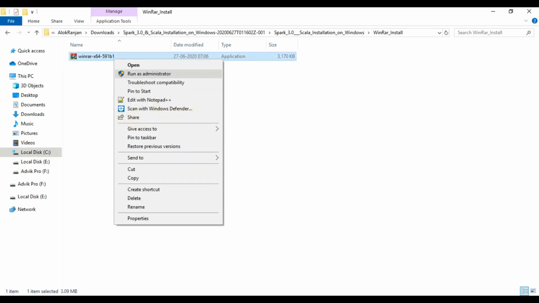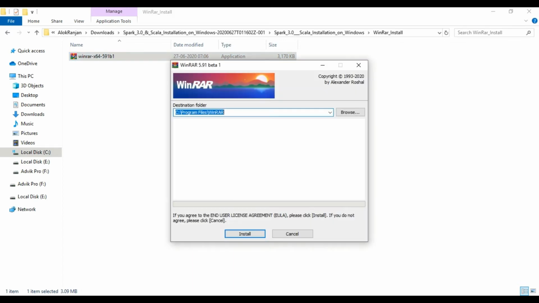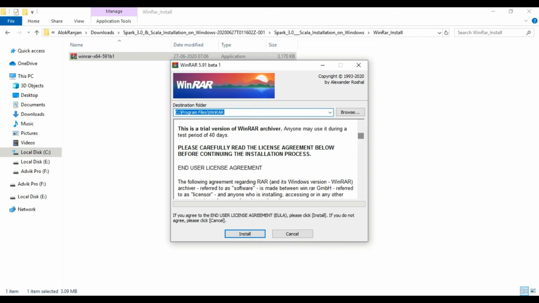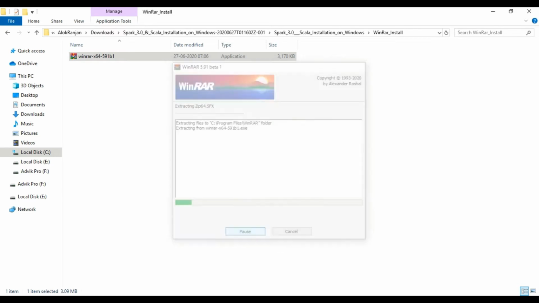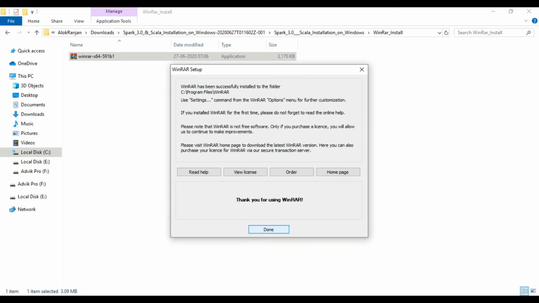We will run as administrator. This will install the WinRAR file. Don't need to change the destination folder. Just click on install. Then OK. And we are done.